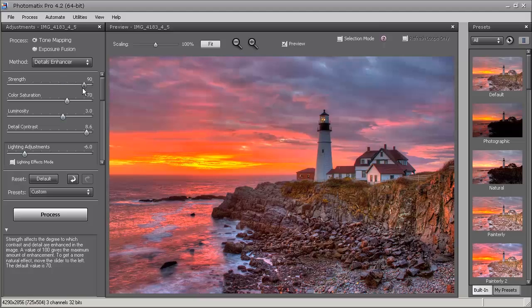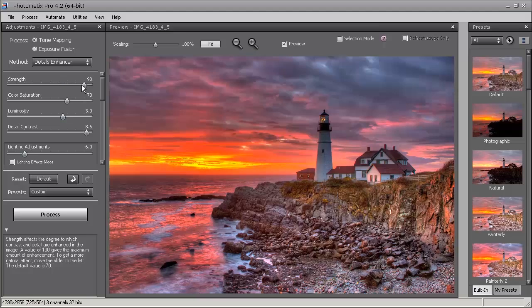Okay, so I kind of actually liked it where it was. I will play around with the sky and might lighten it up a little bit in Photoshop. So we're pretty much done here. This is the first stage, where I use Photomatix to create the HDR image. Now we're going to go to the second stage, where we will take it into Photoshop, and I'll show you